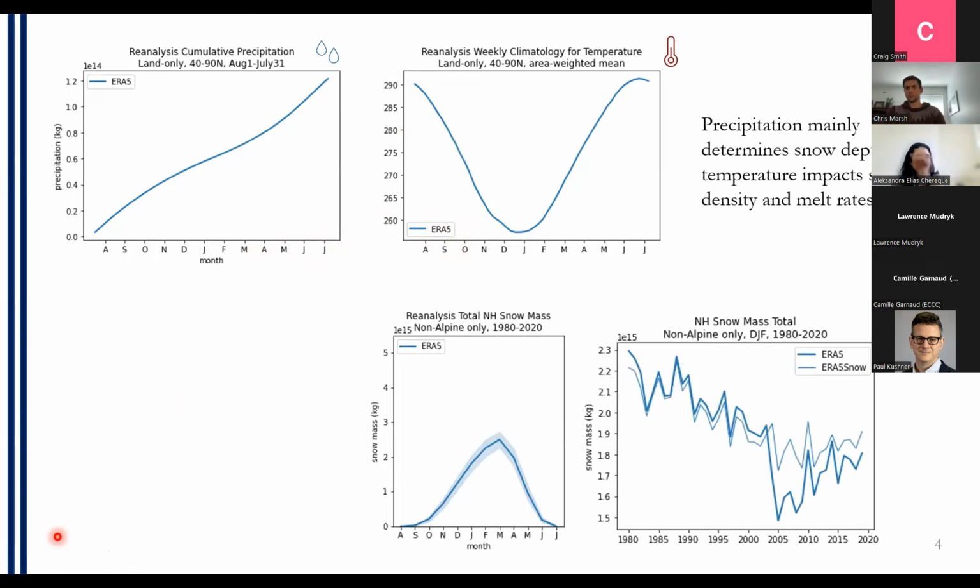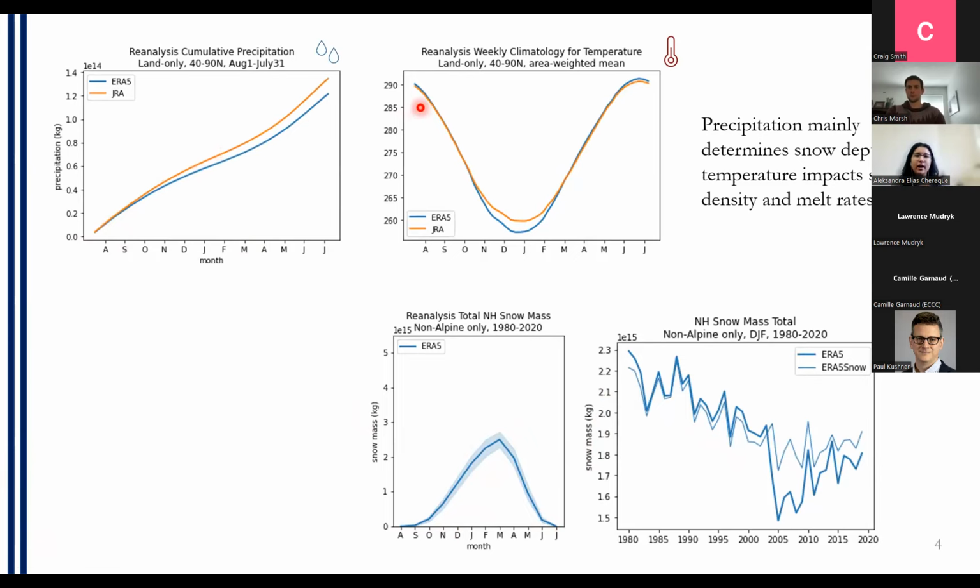Okay, so going forward into the snow that comes out from the ERA5 reanalysis, I'm showing the Northern Hemisphere snow mass climatology on the bottom left, and then just focusing in on December, January, and February, representing it as a time series on the right. So you see all of these variables together. Now I'll add on the JRA precipitation and temperature,